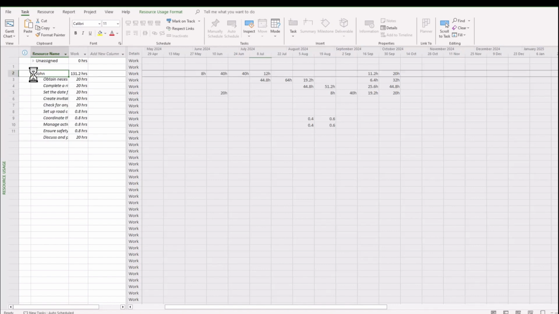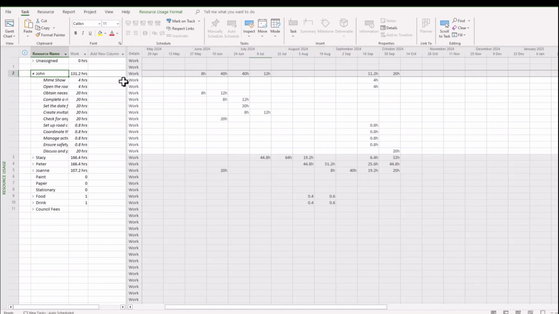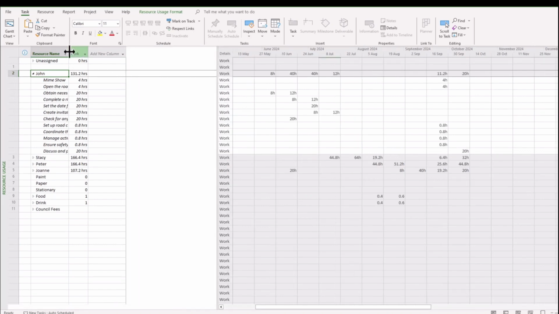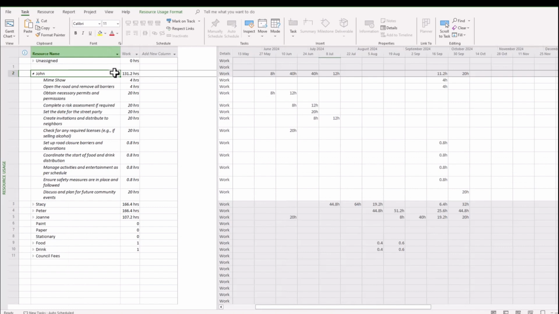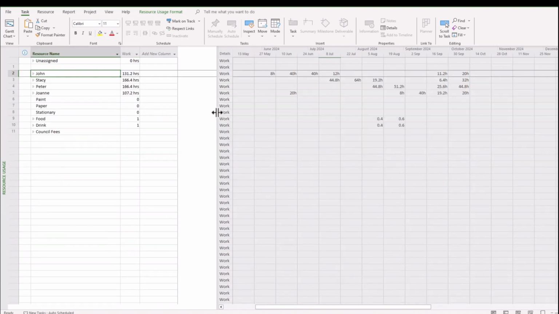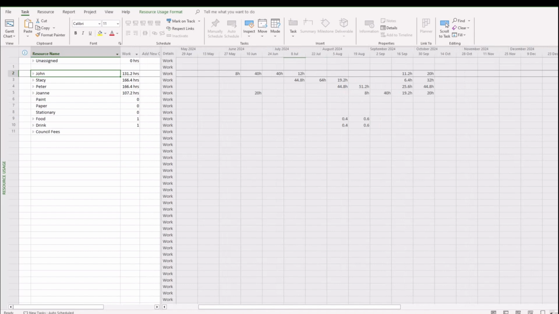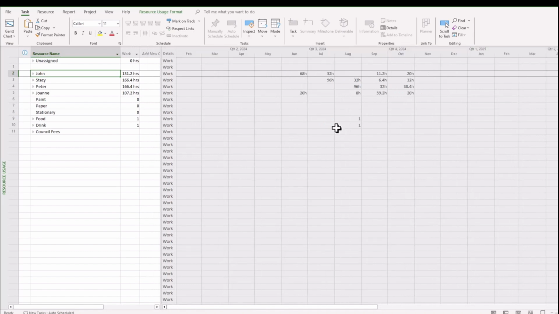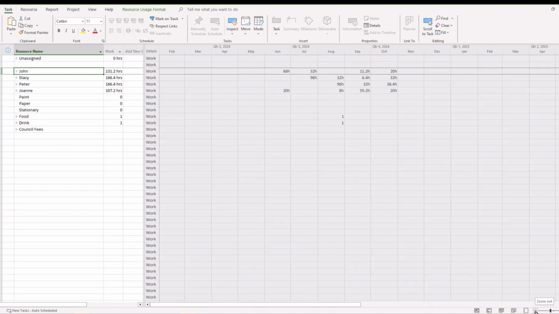Now, if you want to do a quick filter of all the work that they're going to be doing as part of the project, you can expand like we've done so, and then you can expand that out and see what contribution they're going to be doing to the project. It's a convenient way to represent that. If you want to scroll back and just have a look at a month-by-month view, you go down to the bottom right-hand corner and zoom out, and it will organize those into months for you. So that could be quite convenient for reporting purposes.